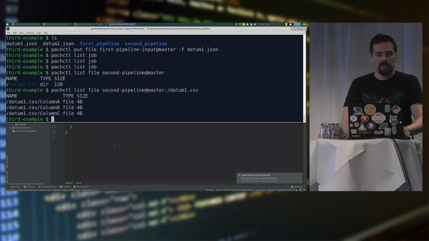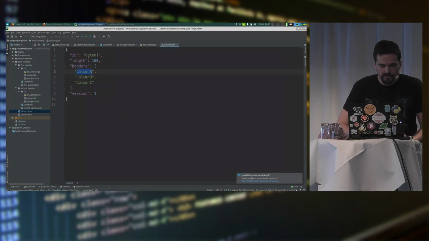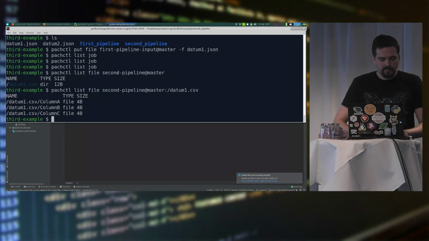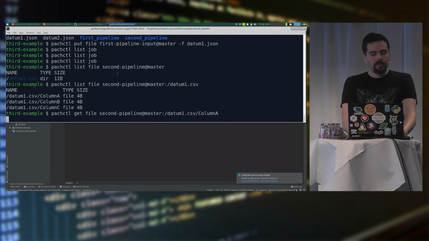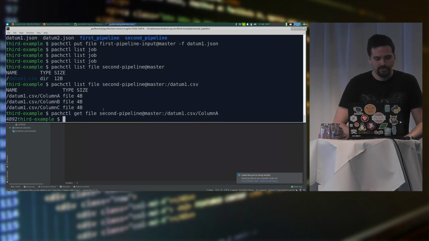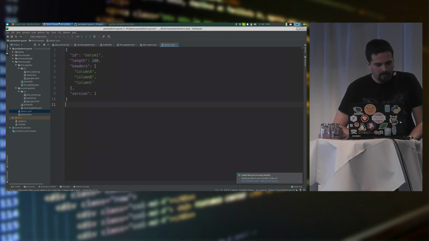Then there you go. We had those 3 columns here as input with random numbers, and if we do a get file in one of those, like column A, there you go, should be the sum of the random numbers that were generated. All right, and now